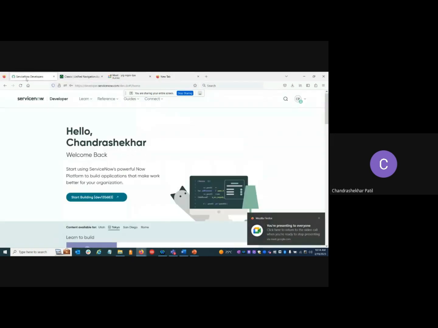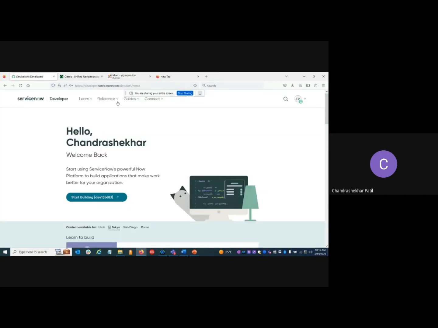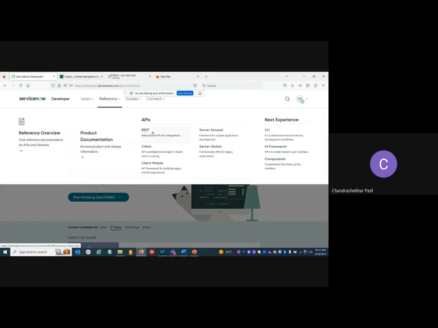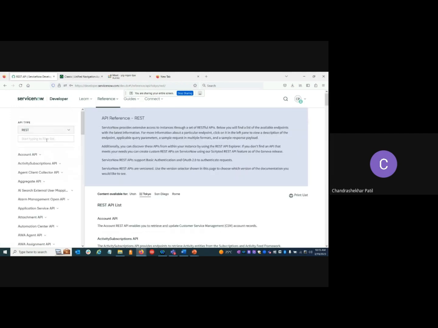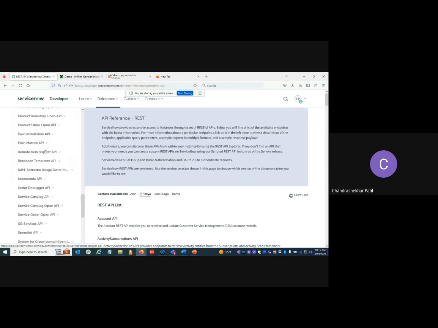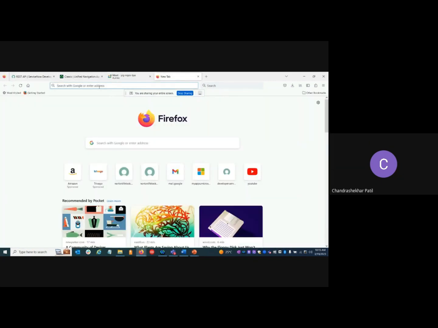Like this, developer.servicenow.com, wherein you can register yourself and then get the personal development instance, which will look like this. Also, this will give you information about the API that we'll be learning in the development course. It's a very useful site. Again, the important site is